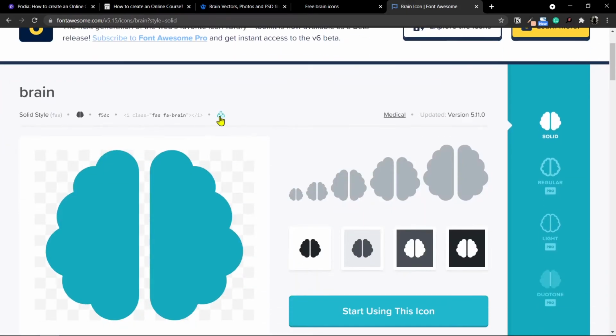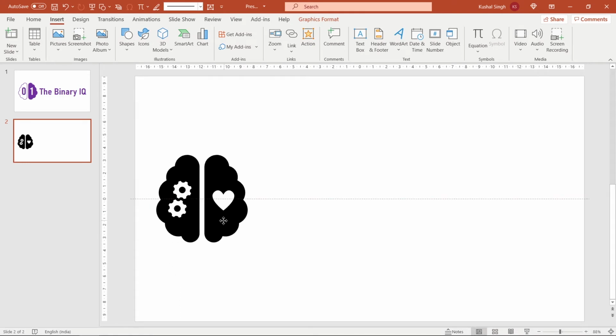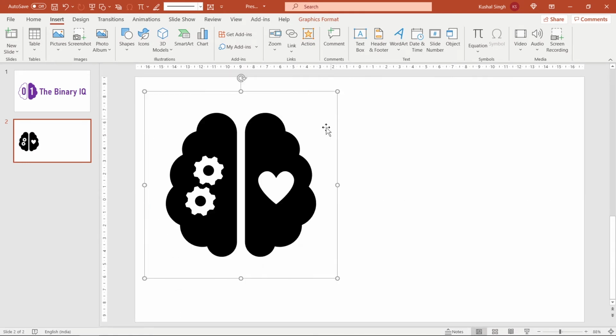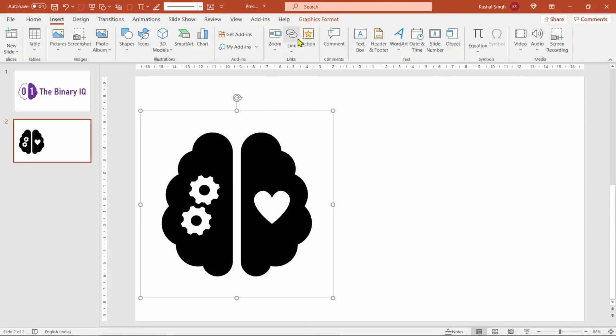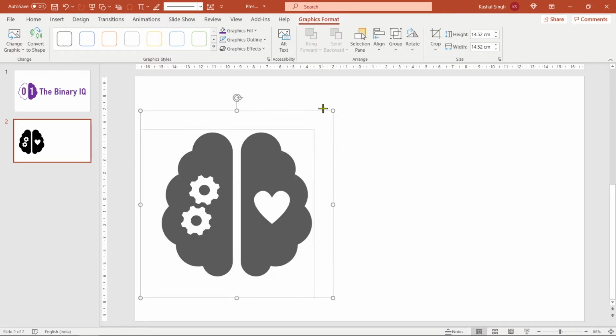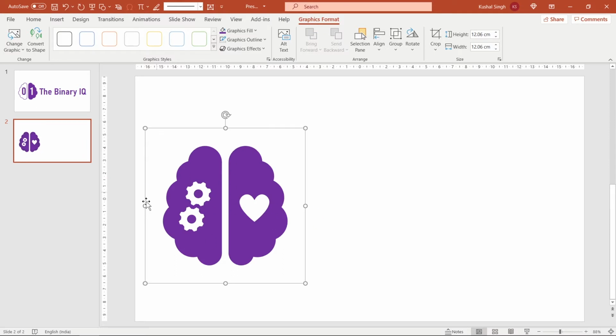All you have to do right here is download this as an SVG, which is a scalable vector graphic. So what you're seeing right now in PowerPoint, this is also an SVG file because I can increase the size. So this is not an image because it's not getting pixelated. Also, if I go inside the graphics format, first of all, it is called graphic and not an image. So this is not an image file. This is a graphic file because I can change the graphics fill as well. So you saw how quickly I was able to change the fill. That is not possible in images.